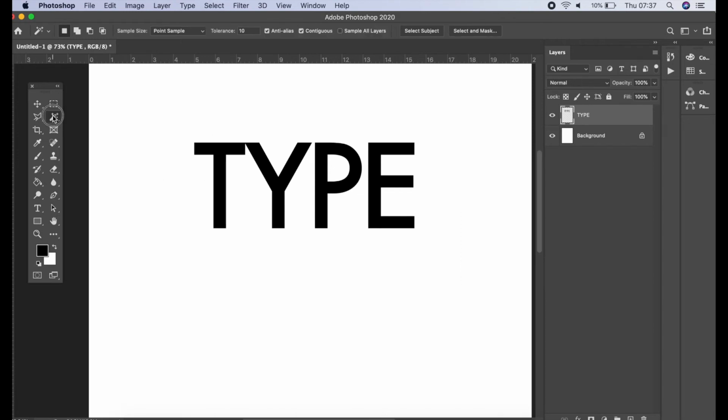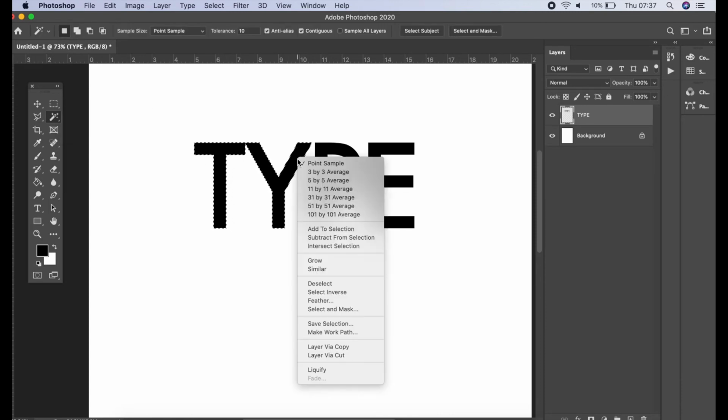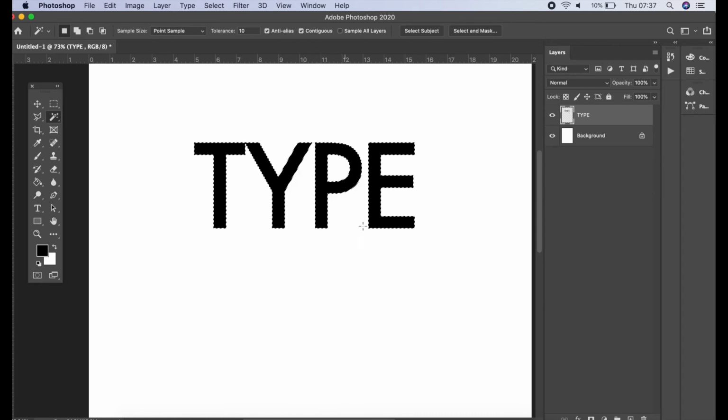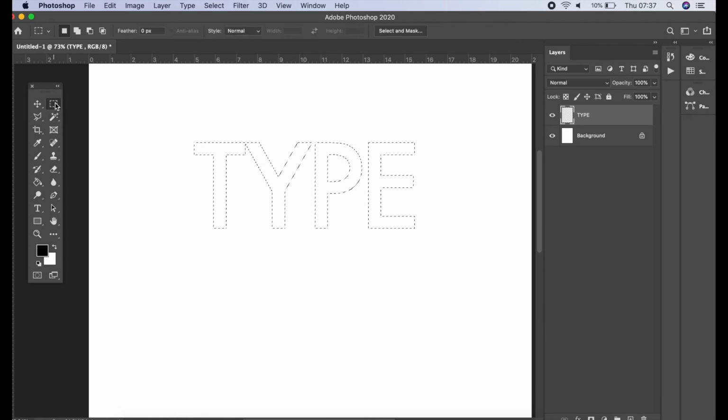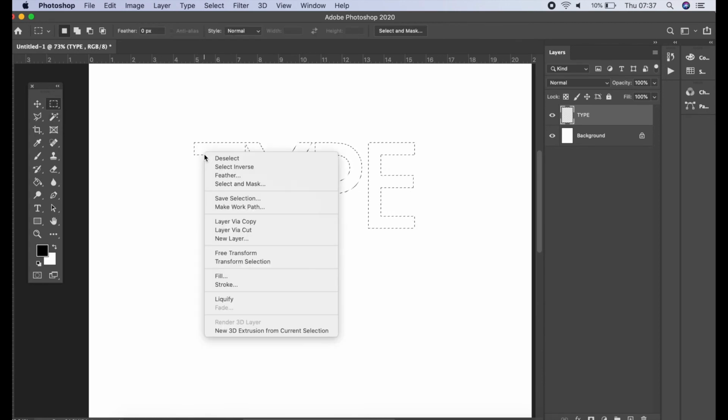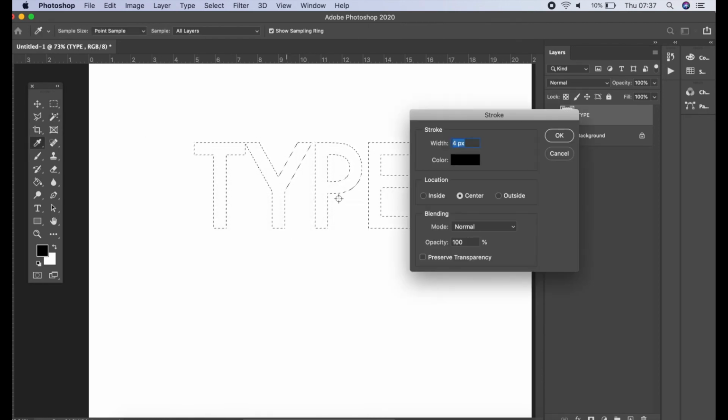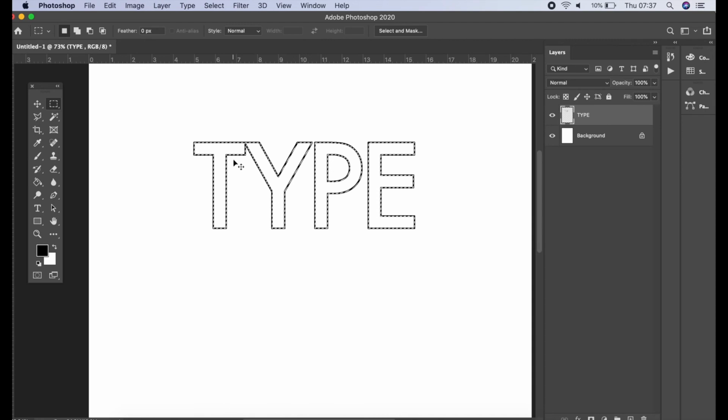Another thing as well that you could do is you could go to your magic wand tool. So simply click on your magic wand, and then if you click on an area, to select the rest of it, you just click Control and then go to Similar. That selects all the black in that layer. I'm then going to delete. And I'm going to go to the marquee tool again and then click on my Control key and then go down to Stroke. And what this enables you to do is put an outline around the text. Again, this is something that would probably be appropriate for the David Carson links or the David Carson